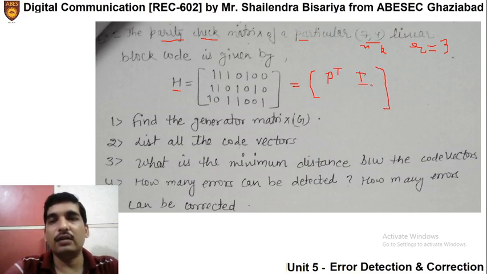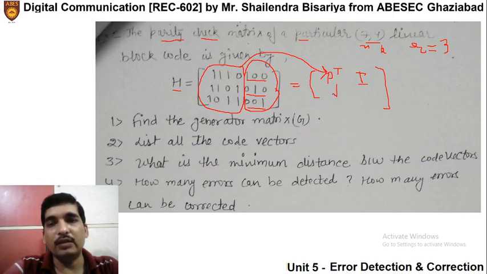followed by identity matrix. Now here you can see the identity matrix, 1 0 0, 0 1 0 and 0 0 1. So the remaining portion is the matrix representing the transpose of the parity matrix. Taking the transpose of this matrix, you can find the parity matrix. And from that parity matrix, writing I followed by the parity matrix, we can write down the generator matrix. I hope this point is clear to you.